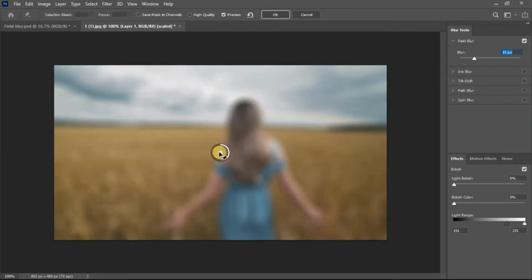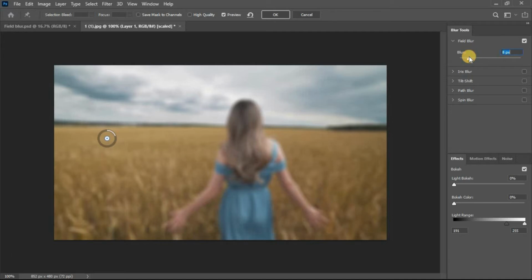Now in the field blur you have options to select the blurriness level according to your requirements. You have multiple pins and you can adjust according to your requirements. First pin, and then here is a slider. You can adjust the blurriness level from this slider. And now another pin, just click on the image and then here you can adjust the blurriness level